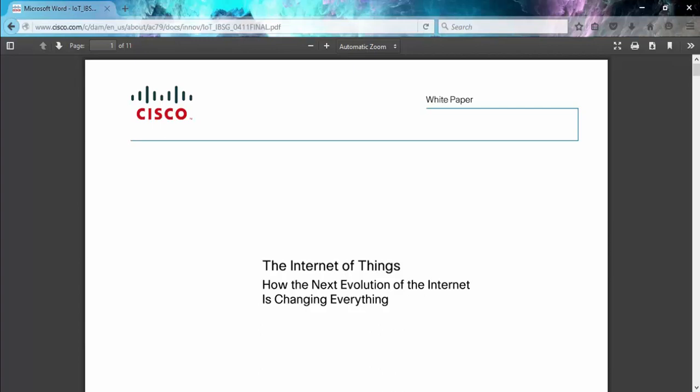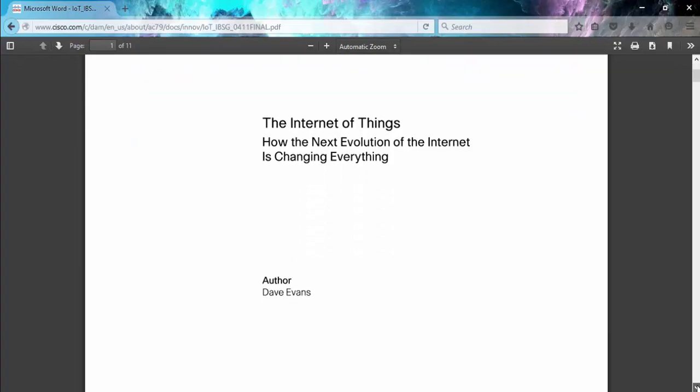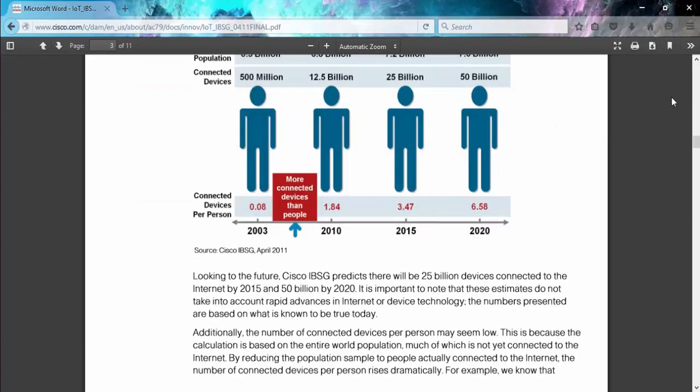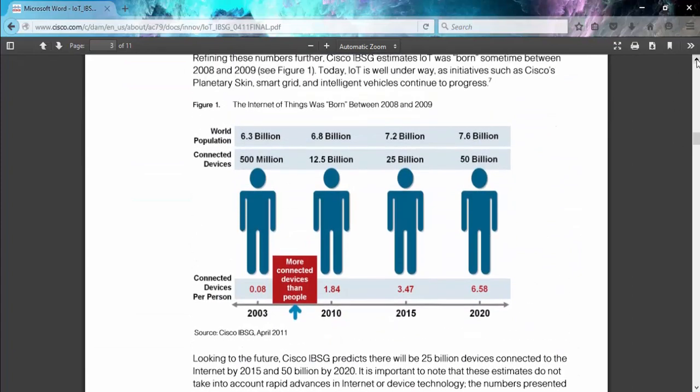Before moving to action, I would like to show you some interesting statistics that I was reading in a white paper from Cisco. It's quite interesting. This says by 2020, the world population would be 7.6 billion, while the connected devices would be 50 billion. And interestingly, connected devices per person would be 6.58,